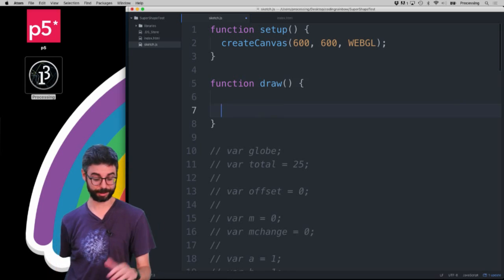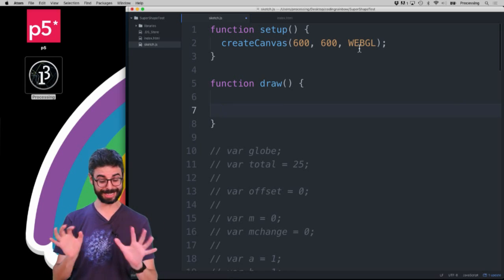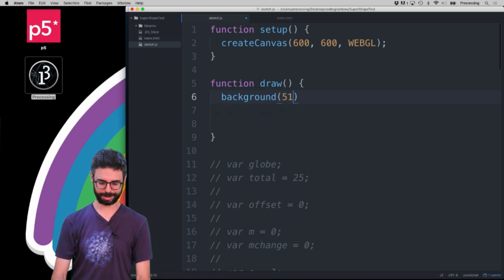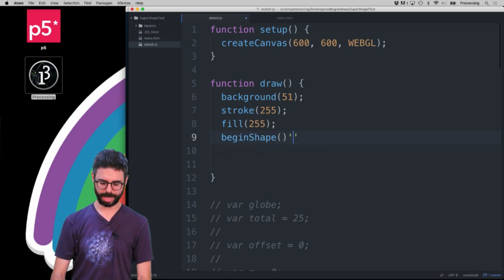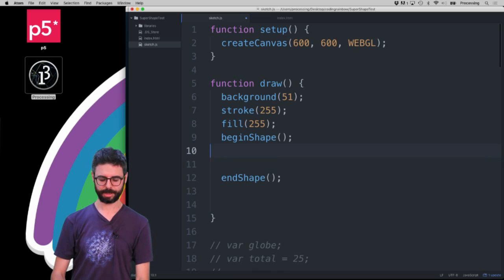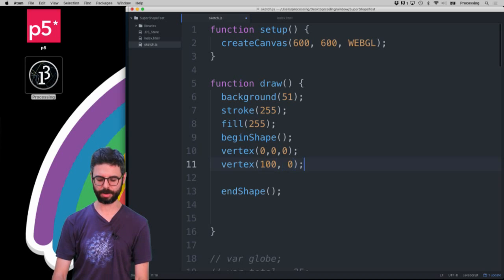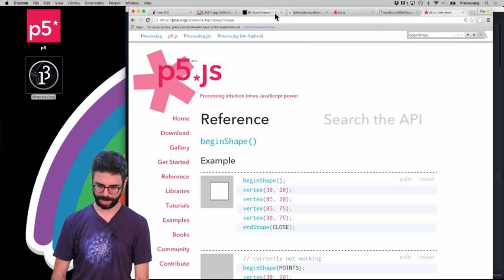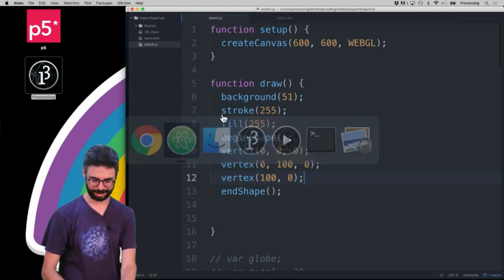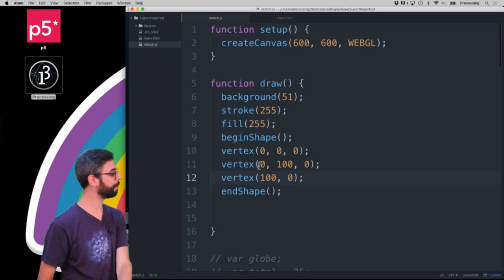This is a useful video for debugging these kinds of problems. So we need to make a simple example that just begin shape. So let's just make a little simple triangle. Let's set a vertex at 0, 0, 0, then a vertex at 100, 0, and then a vertex at 0, 100, 0. So this should give me, if I go back to my sketch,